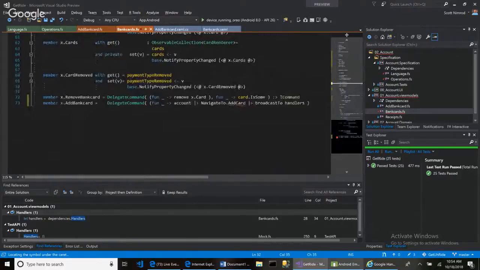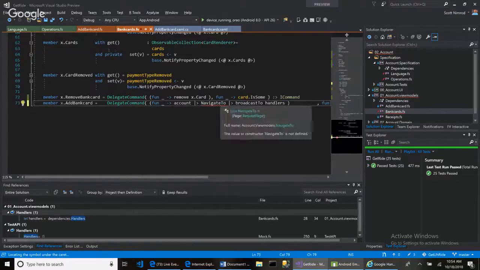All right, so then over here, there's a navigate to, and then we say, what do we have over here? It's a record that takes this. Navigate to is a record, and so then we have to say dot page, and then that broadcasts to handlers like that. Now this error is going to say that field page is not static. I don't know what that means, but if we go back up here,